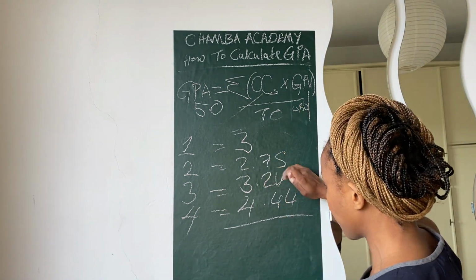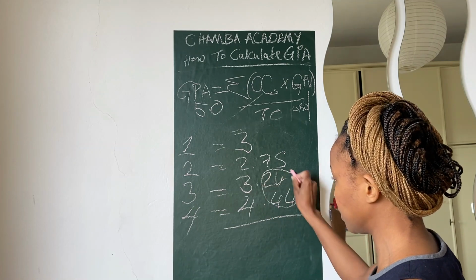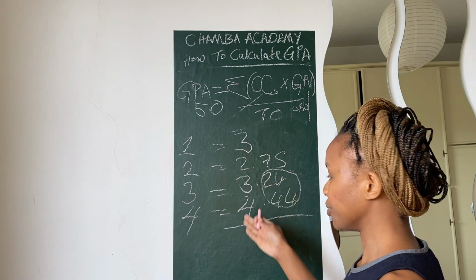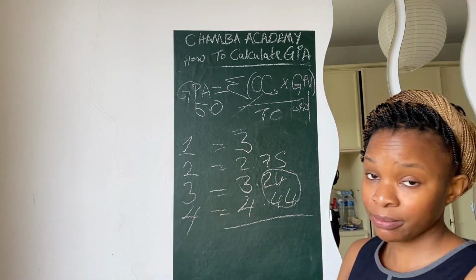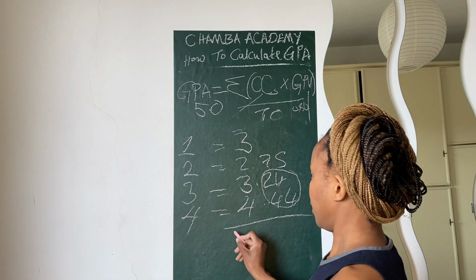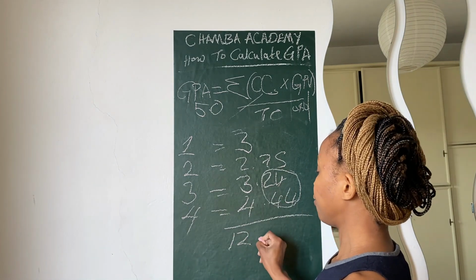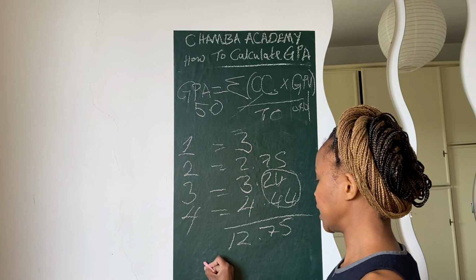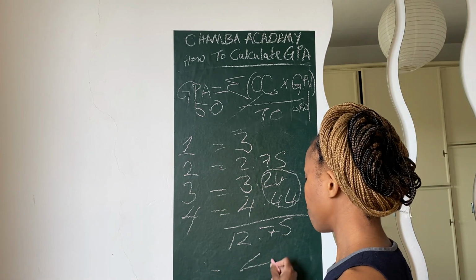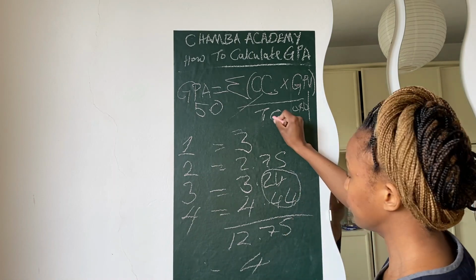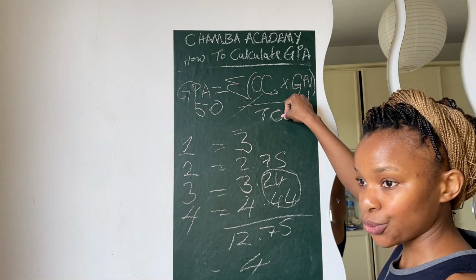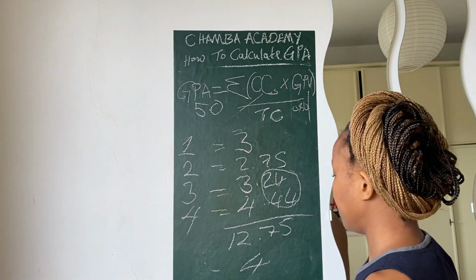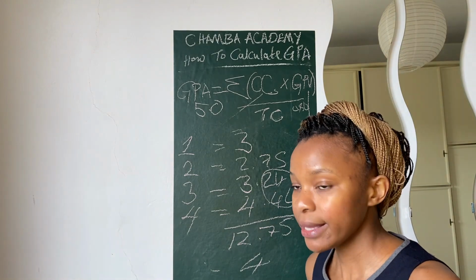I had just cancelled these points because it's less than 5. So there is no addition or whatsoever, and I just maintained the 7.5. So this will give us about 12.75, which is divided then by 4 years, which I will count as my total TCs. And this will then bring me to a GPA of,